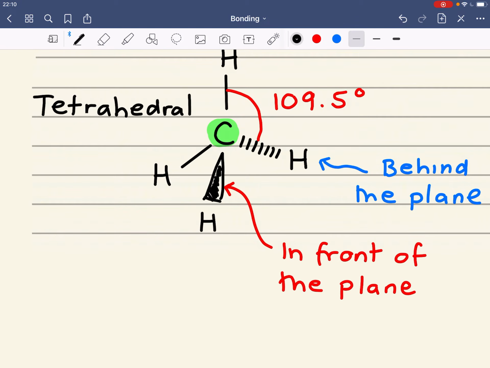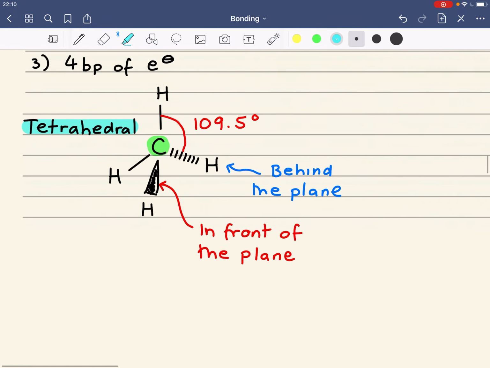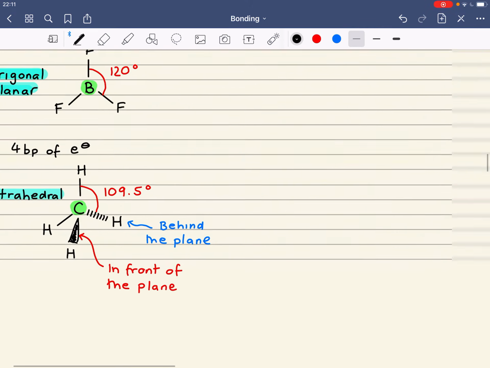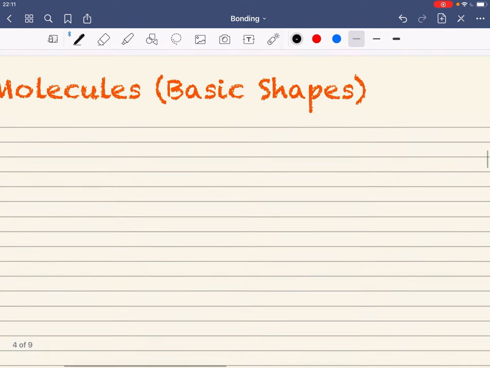So the name of the shape is tetrahedral, and again, that's something that you need to be able to remember. Why is it called tetrahedral? I think it's because when you draw this shape like this, then you get a shape with 4 faces. Tetra meaning 4, hedral meaning faces. The fourth of my basic shapes